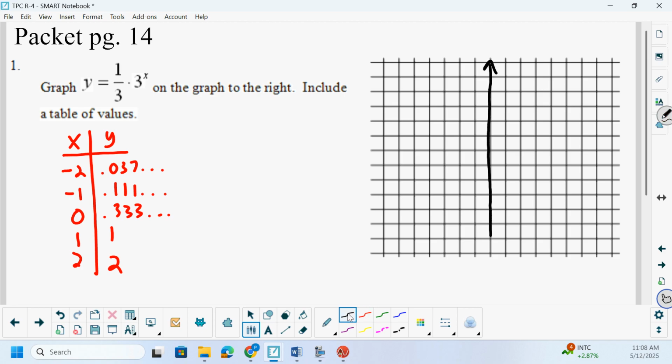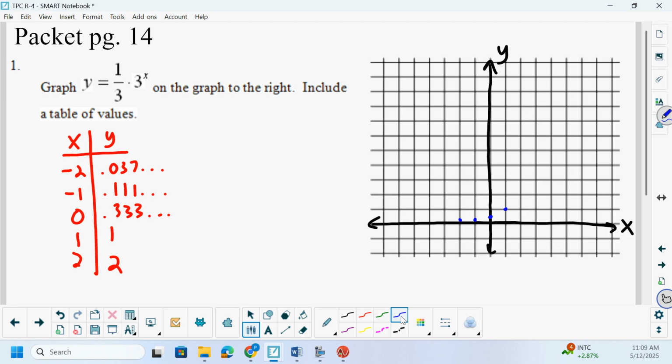From here, we're going to draw in our x and y axis. I'm going to put my y axis fairly low because we have no negative y's. We want to make sure to always label our x and y axis. -2, 0.037 is going to be very, very close to the x-axis. The -1, 0.11 will still be really close to the x-axis. The 0.3, we're finally starting to come off. 1, and then,